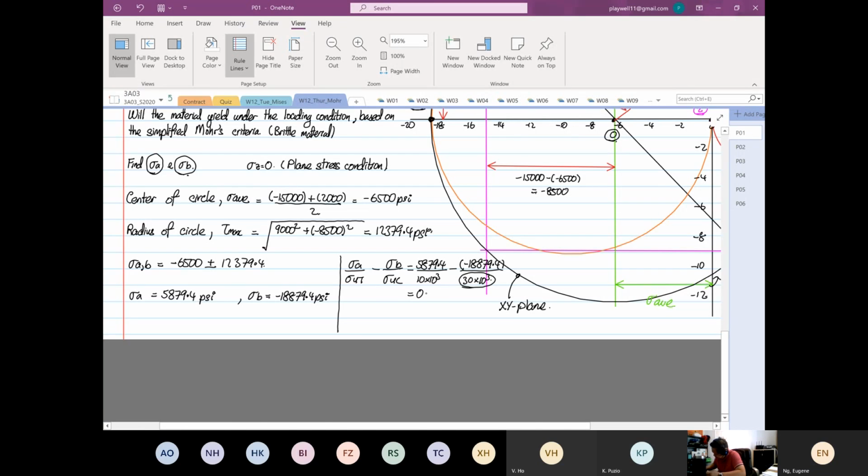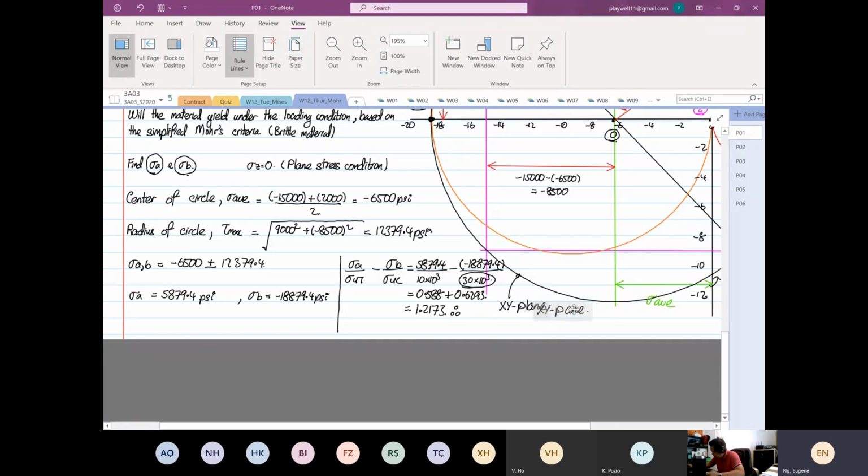0.588, minus will become a plus, 0.6293, right? So this will be equal to 0.588 plus 0.6293, which is equal to 1.2173. So you realize that this is greater than 1, so therefore what will